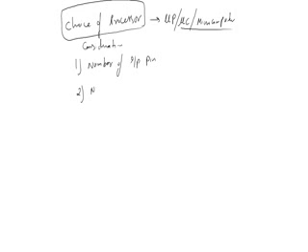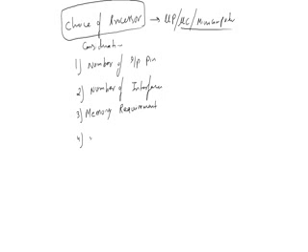Second thing is the number of interfaces. Third thing is the memory requirement. This is very important actually, because if you are unnecessarily using a higher memory, you are increasing the cost of that embedded system. Then the fourth thing is the number of interrupts. How many external interrupts you want to support, that is also a very important thing.